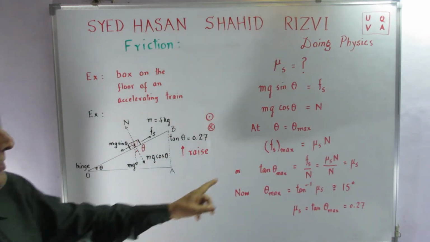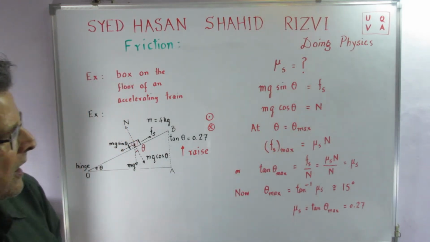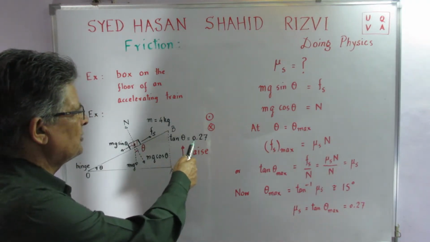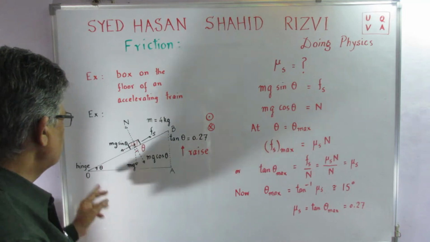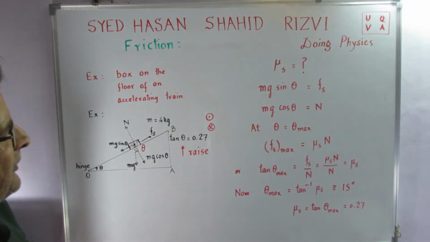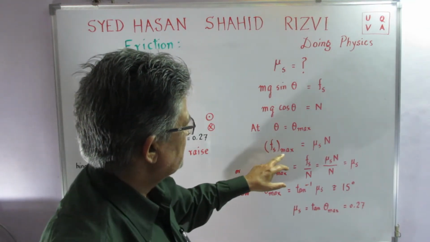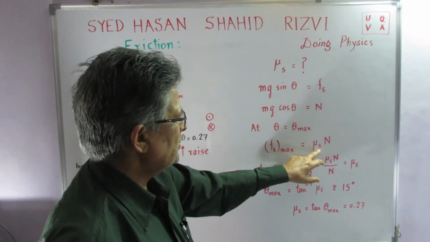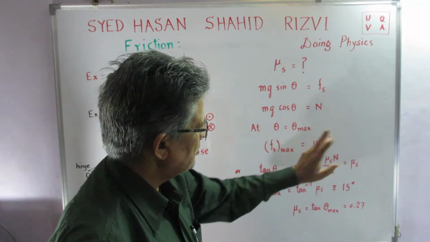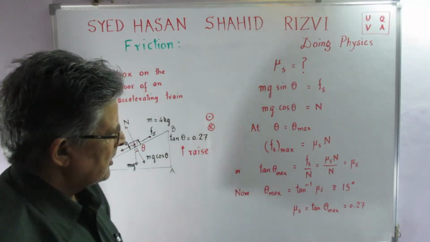At that moment, when theta becomes equal to theta maximum, which has been described as tan theta equal to 0.27, or theta taken as 15 degrees, then fs maximum is equal to the coefficient of static friction mu s into the normal force,